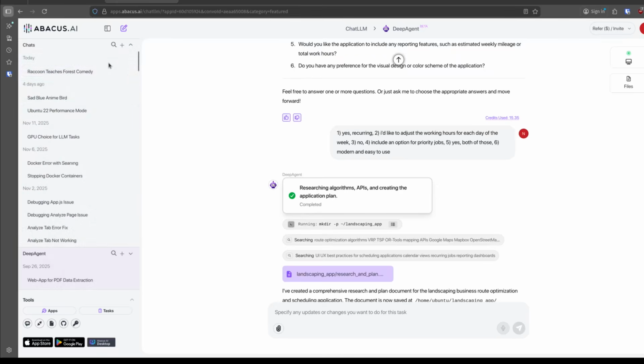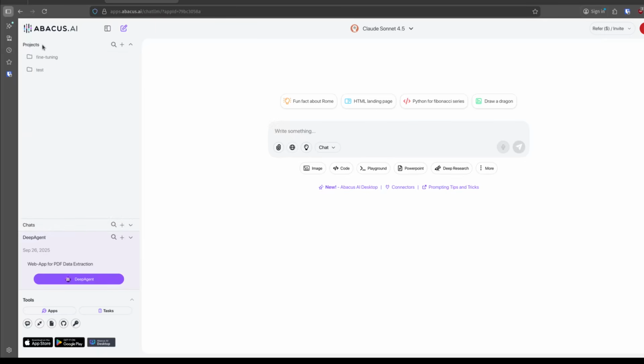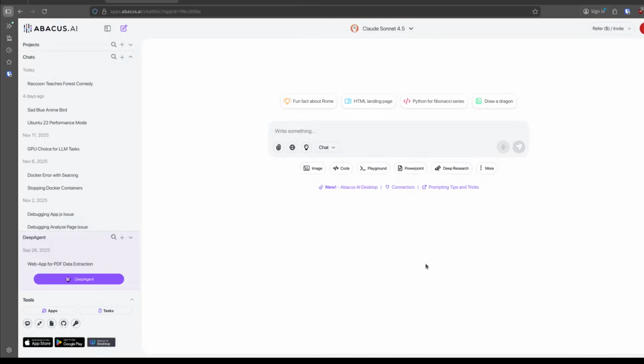Now, one of the challenges that we had in regards to ChatLLM in the past is the idea of folders, and can you actually have folders? So let me go back to ChatLLM here, and we do actually have folders in here. I just didn't know it before, but it's called projects. So within projects, you can create chats, and you can create new projects. You can set up specific things for within here, who it's shared with, etc.